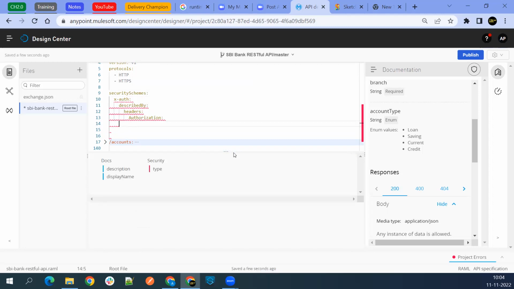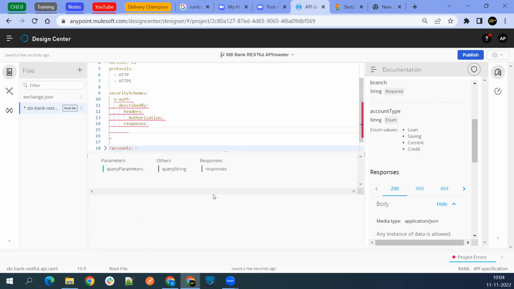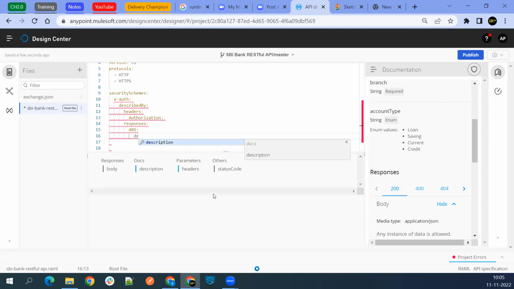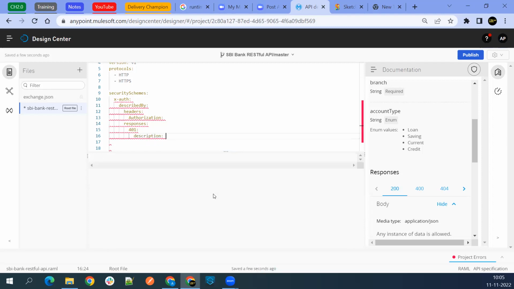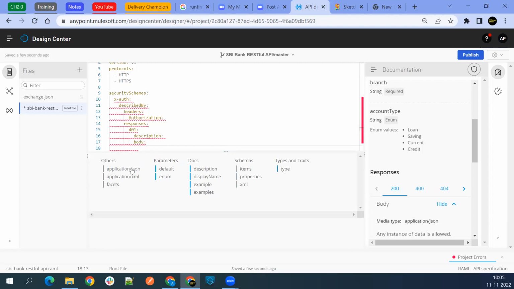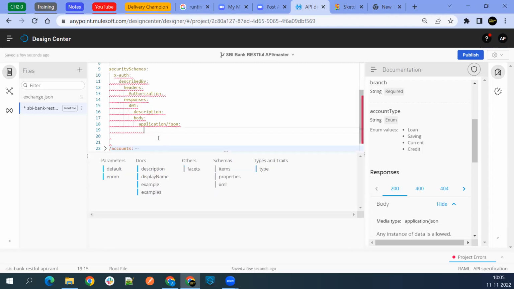You actually give a response, and that response will be, remember what will be the response? 401. And under 401, you'll be passing the description or a body. The description also, authentication failed, and you'll be having a body, and you'll give the body over here, application/json, and inside that there'll be a proper error saying that